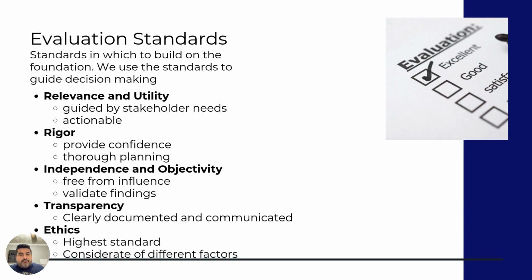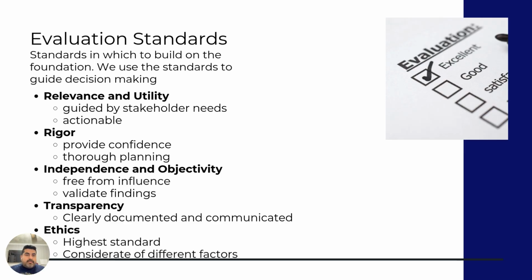Independence and objectivity. I think it's pretty self-explanatory, where it has to be free from influence, free from bias, in order to make sure that the findings are valid and are able to be applicable for everybody else. Transparency is also another one, in which, as long as you communicate effectively and clearly, you get a lot more confidence. So they all kind of intertwine with each other in terms of developing the validity for that program